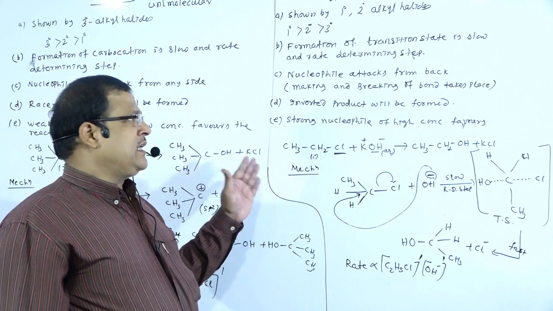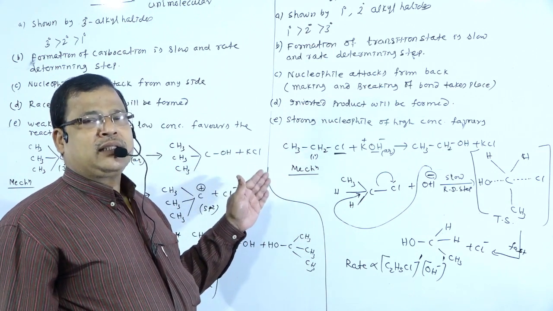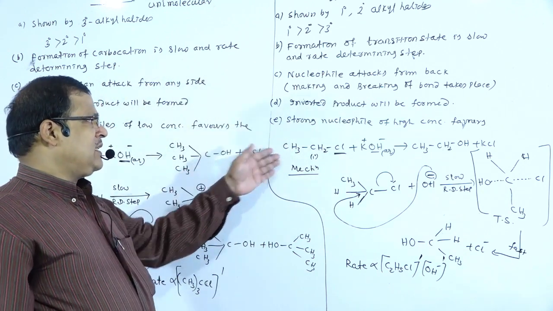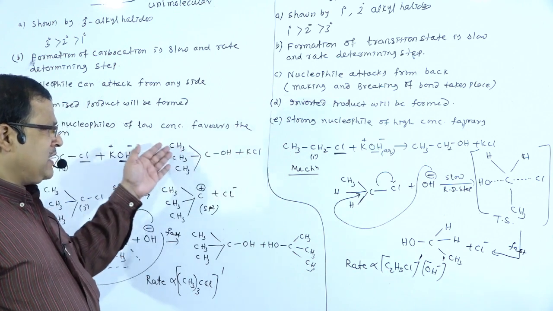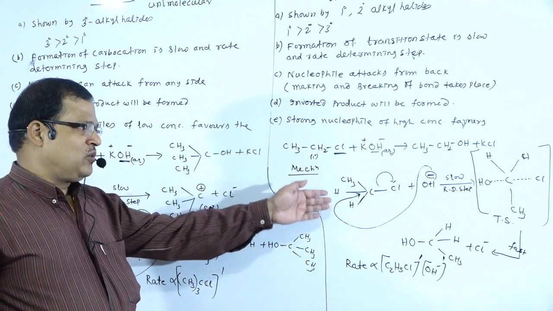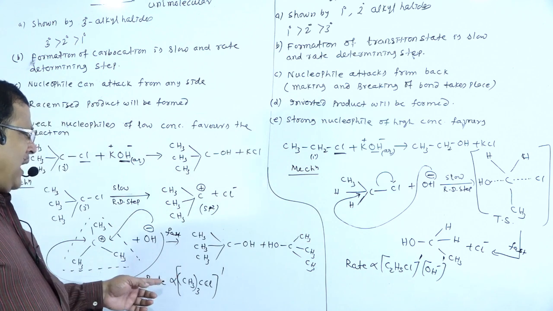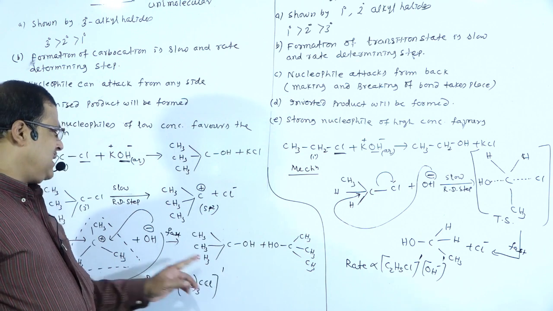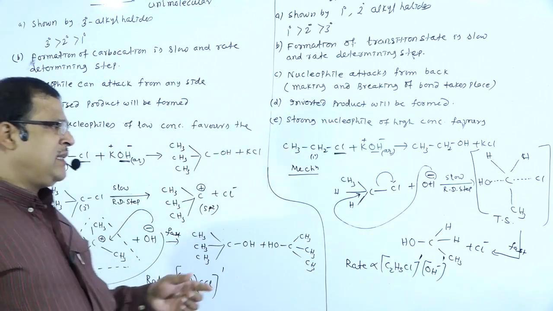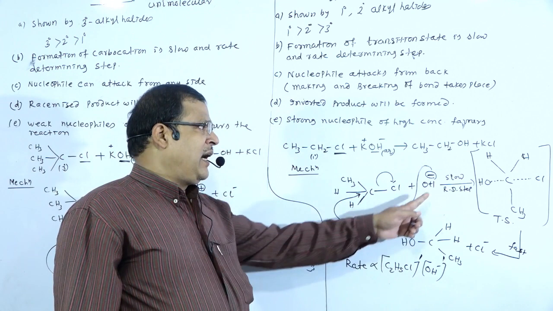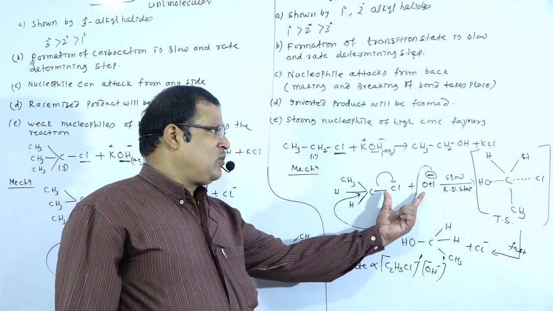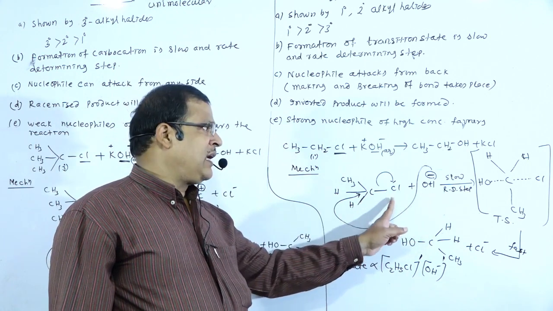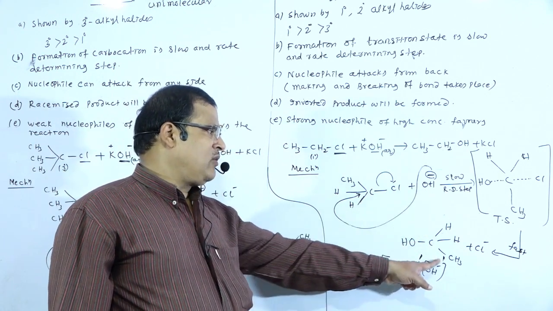This question carries 3 marks: difference between SN1 and SN2 reaction. So we have to write down these points with an example. These are the examples given, and this is the mechanism for SN1 and the mechanism for SN2. Mark why the term 1: because at the rate determining step there is the involvement of only one molecular species, that is the alkyl halide only. Why is this bimolecular: at the rate determining step there is the involvement of two species, the alkyl halide as well as the nucleophile. So 1 and 1 is 2.